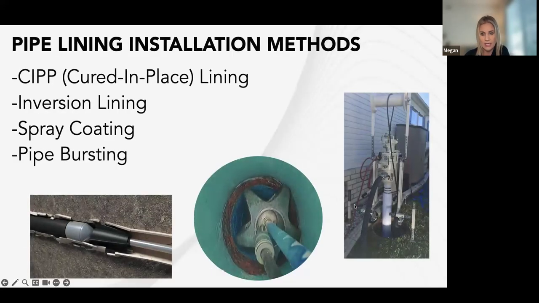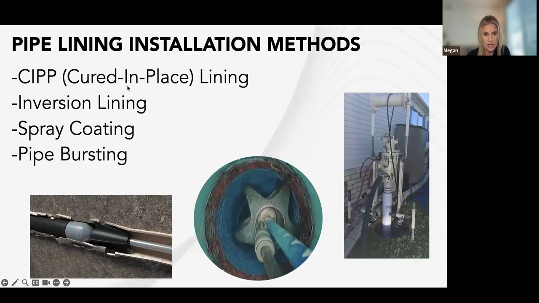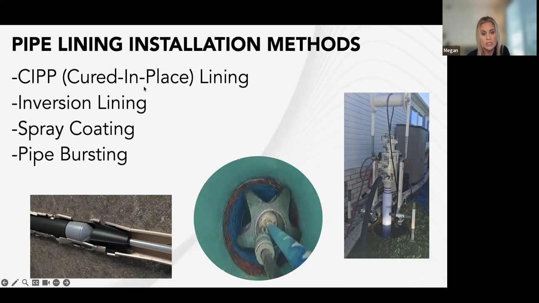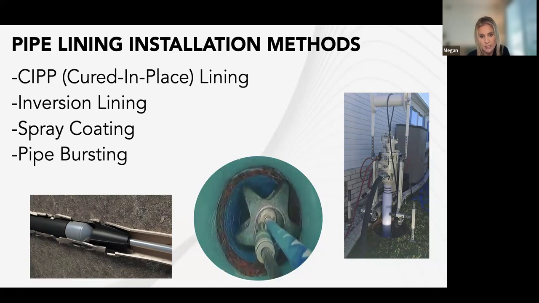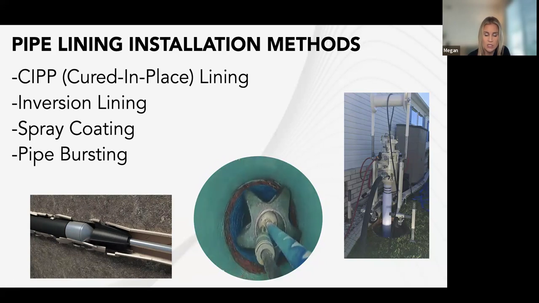There are some other examples of how you can install the liner. We just talked about the CIPP where we're pulling it into place. But there's also pipe bursting, and that's basically bursting a new pipe, actually a new pipe within the old one. This is good if you want to increase the size of your pipe. But again, there are limitations, and based on the camera inspection, we'll provide the HOA with the best solution.